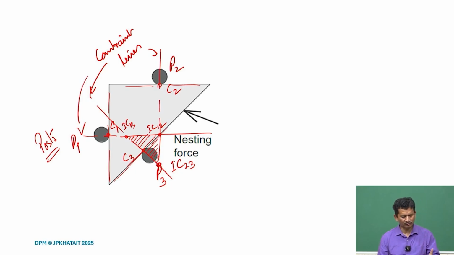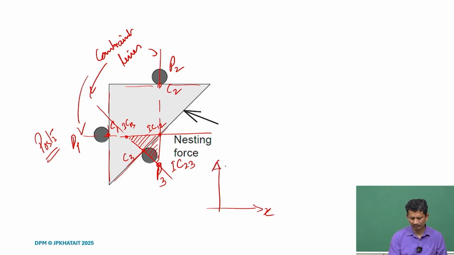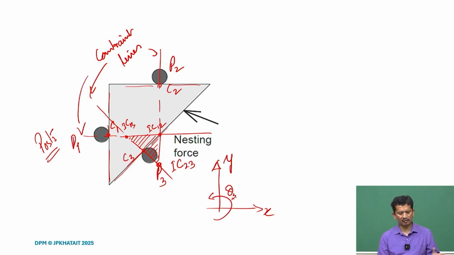So, in this case also, if we analyze, we find x, y and theta z all constrained. We can take any pair. For instance, if we take IC 1, 2 and try to rotate, what will happen? If you just consider the 2 constraints C1 and C2, it tends to rotate about an axis passing through IC 1, 2 here,